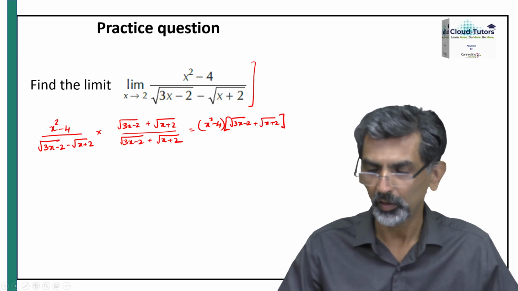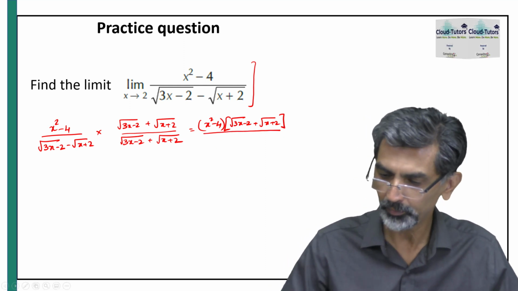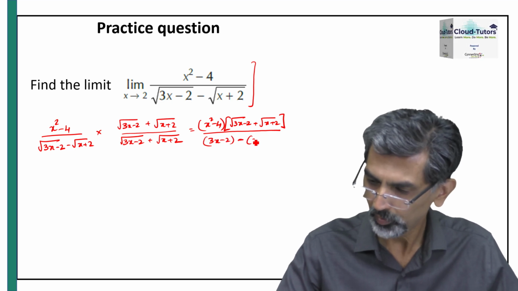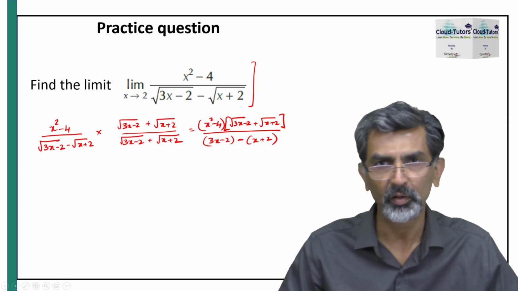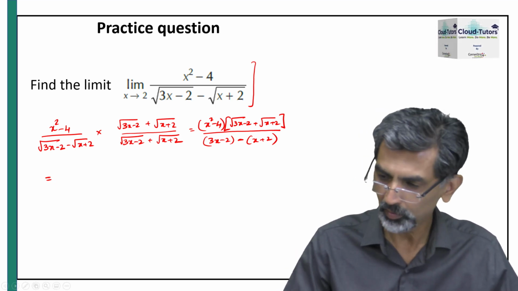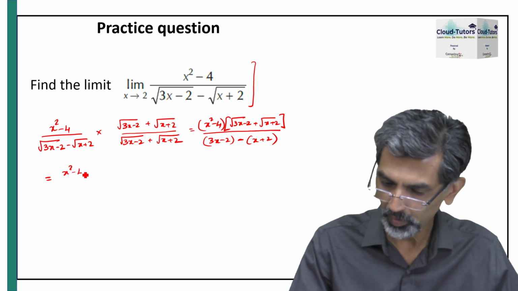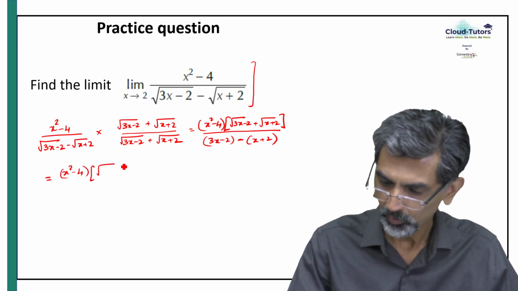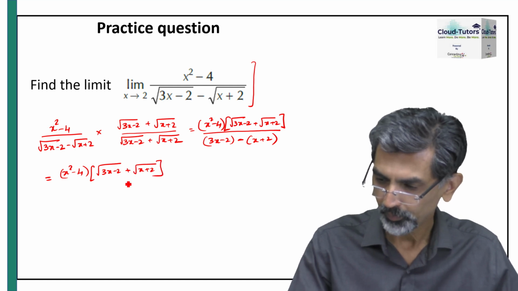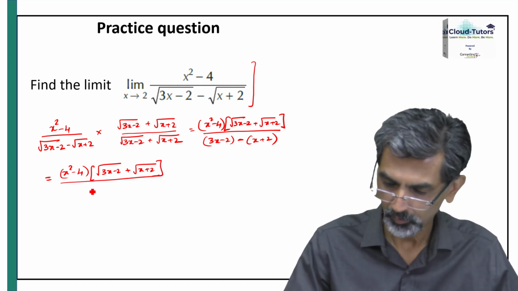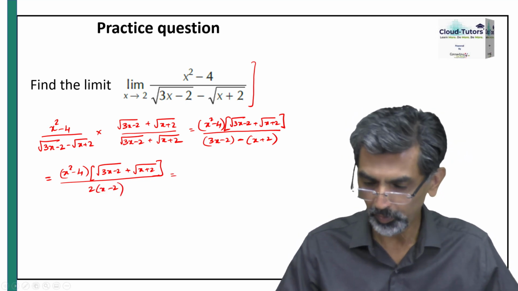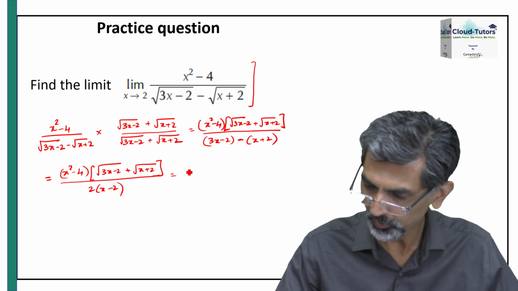That's the numerator, divided by (3x minus 2) minus (x plus 2). That's the denominator. And so on further simplification, it becomes (x square minus 4) times (square root of 3x minus 2 plus square root of x plus 2)